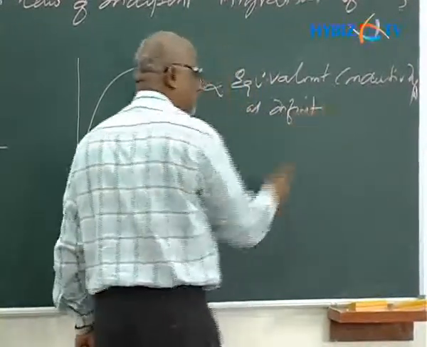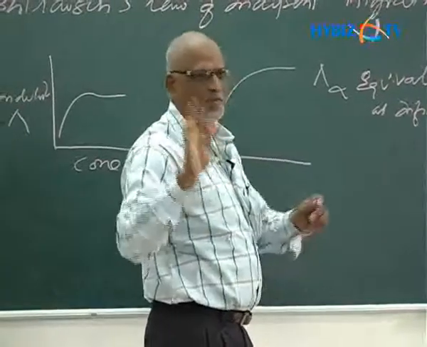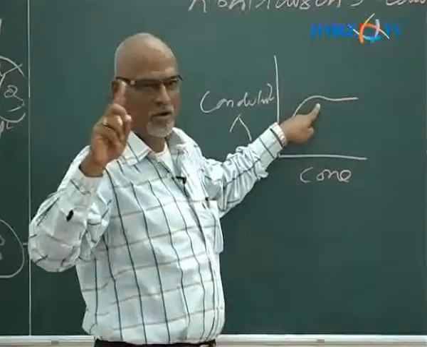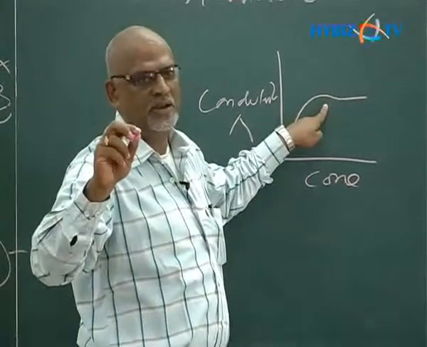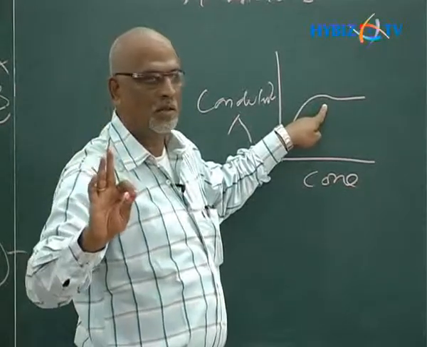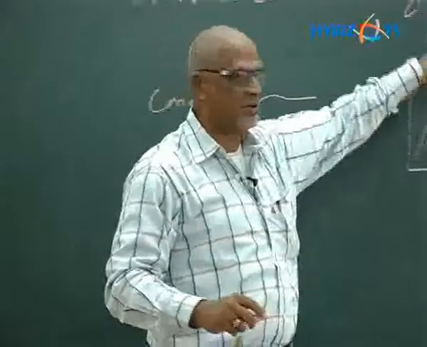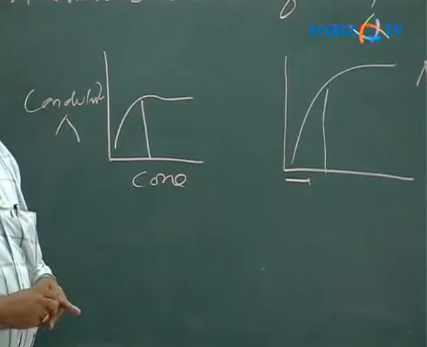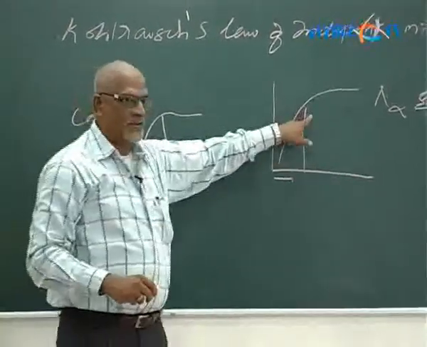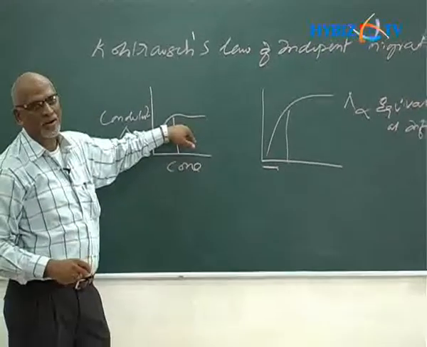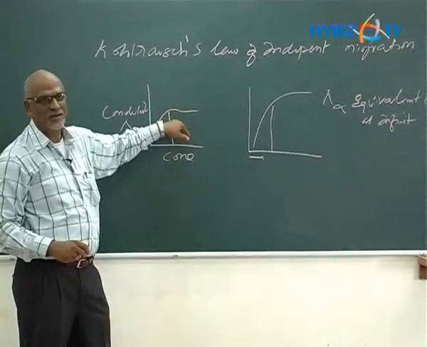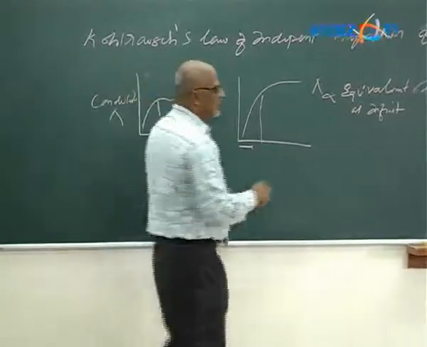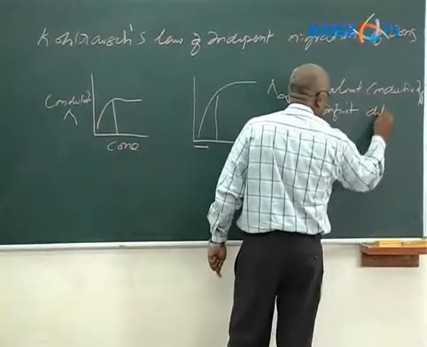It doesn't decrease, or sometimes it decreases, but most of the time it doesn't. There is not much change actually. Even if it increases, after some time it decreases, or there is just a little increase and then it stops. You can see here, a small increase in dilution made a lot of difference here, whereas a huge increase does not make much difference here. So this is the story here. Now this is called the equivalent conductivity at infinite dilution.